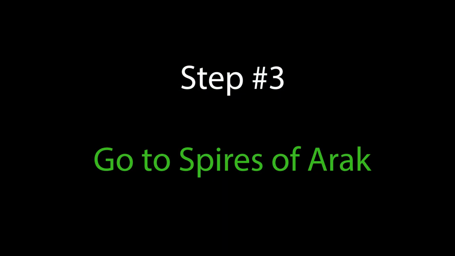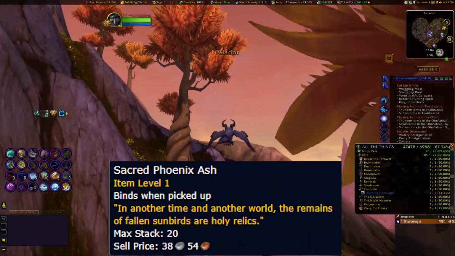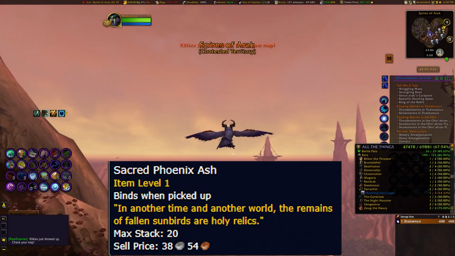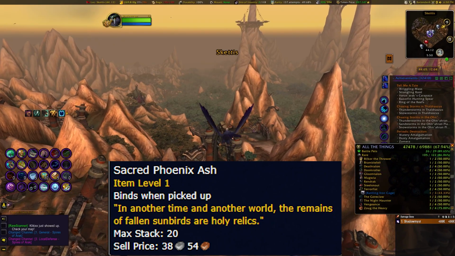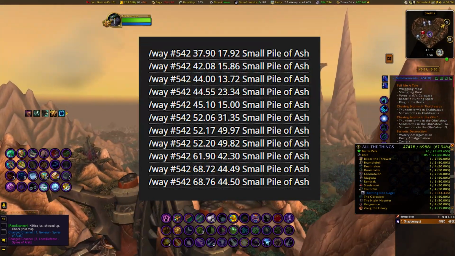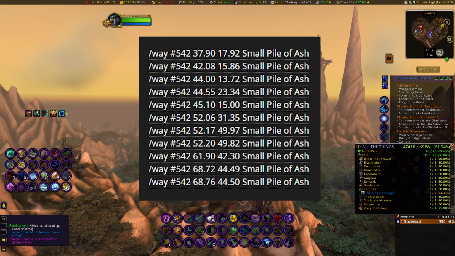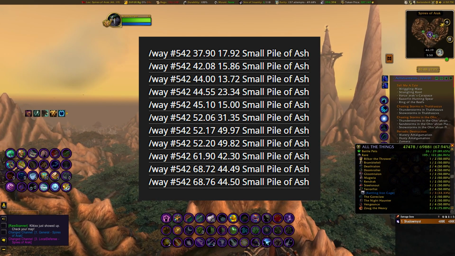And once you're done with that, we are moving on to the last step of this part, and it's going to be Sacred Phoenix Ash. You're going to need 10 of those. They're out in Spires of Ara. There's a bunch of coordinates for this one, so I'm just going to put the coordinates on screen for you guys, and I'll also put them in the description of the video. That way, if you want to revisit this video when you go to farm, you can easily copy and paste